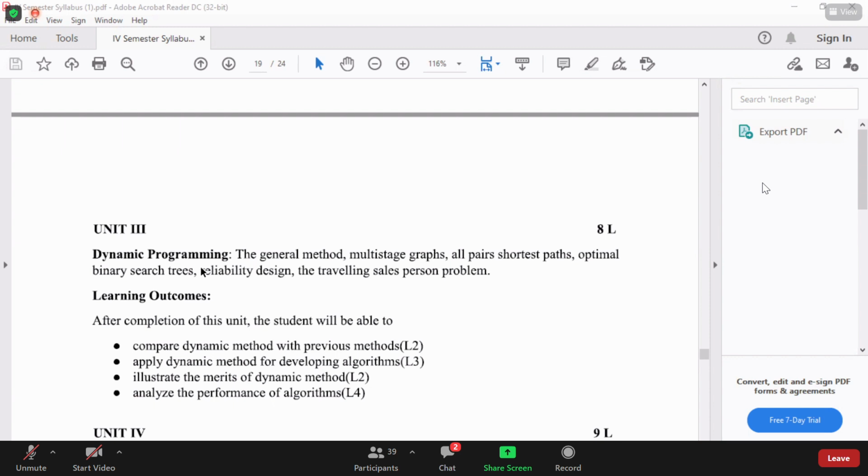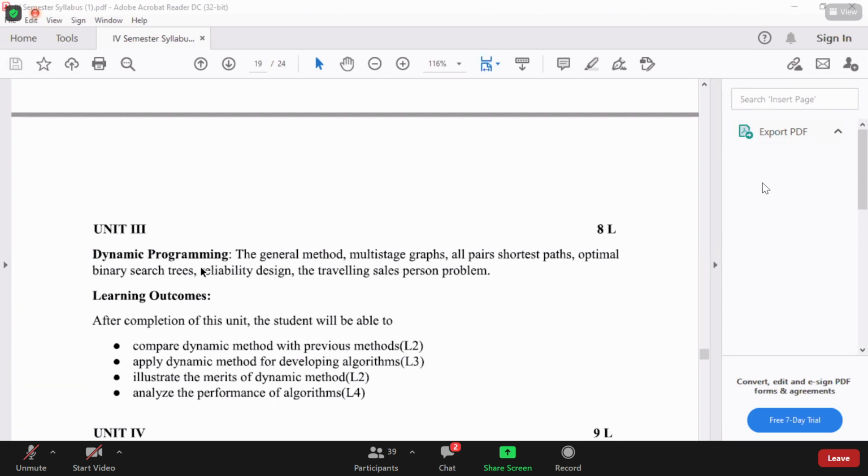Why am I choosing only train as the optimal solution? Bus, flight, and train are all feasible solutions. With these solutions we can reach, but why are we choosing only train as the best? Because with minimum cost and minimum time we can reach. That is the optimal solution. Optimal solution means we have a number of solutions, and among them, the one we pick as the best is the optimal solution. That is the optimization problem. The problems which choose the best solution come under optimization problems.